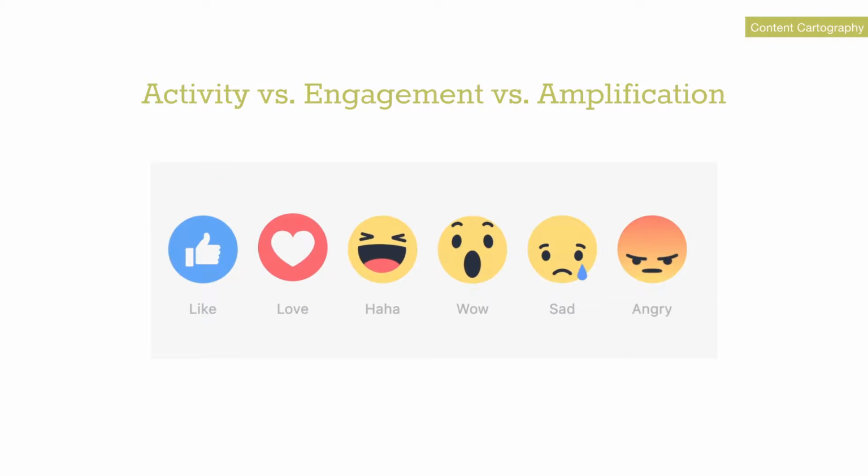So for us, when we look at those things, your social activity is about maximizing your publishing schedule to make sure that your publishing cadence for that specific channel fits the audience. For instance, you wouldn't be publishing 10, 15 times on Facebook per day because that's not what that audience is used to. But that might be okay on Twitter, for instance.